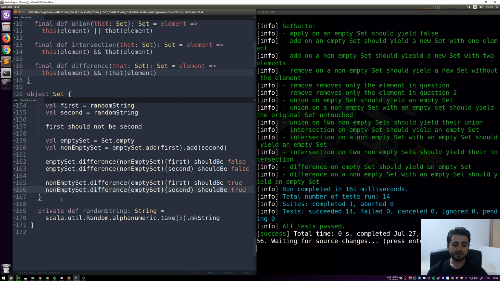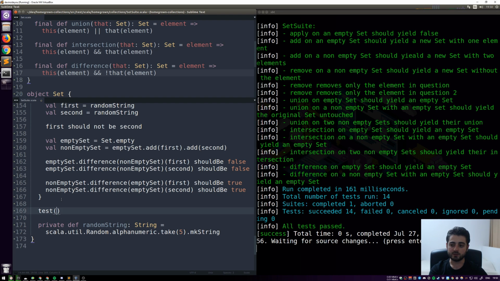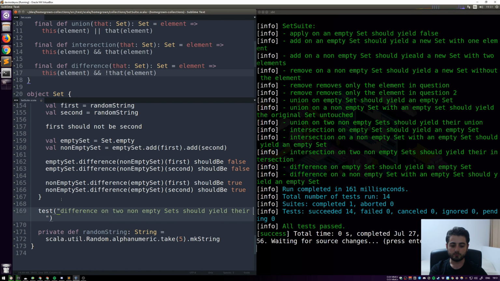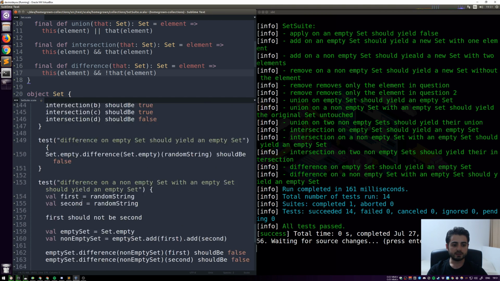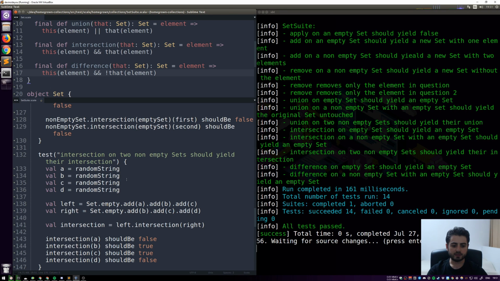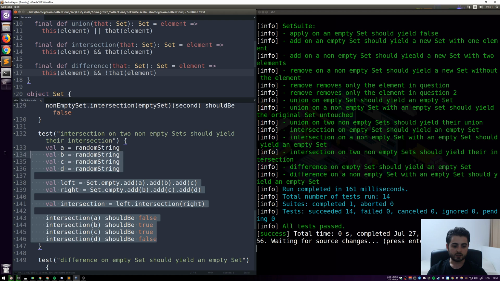Okay, the last one is actually going to be the most exciting test, because we're going to test it both ways. Okay, so we're going to do a difference on two non-empty sets should yield their, well, difference, like this. Okay. All right, so this time we're gonna copy a bit less. Actually, we're not gonna copy less, we're gonna copy this whole thing,